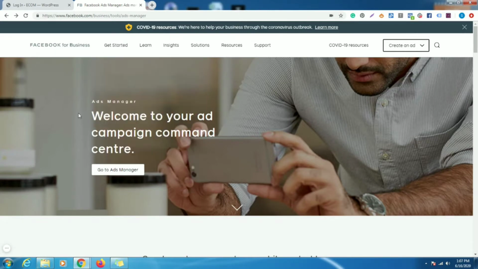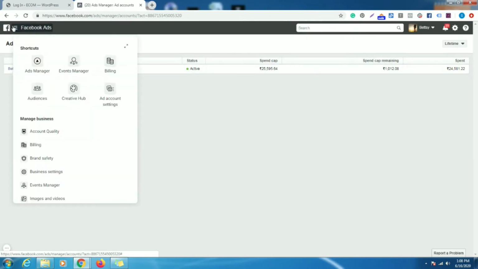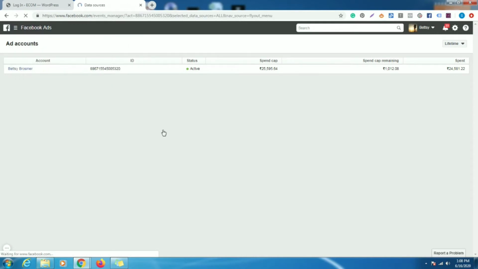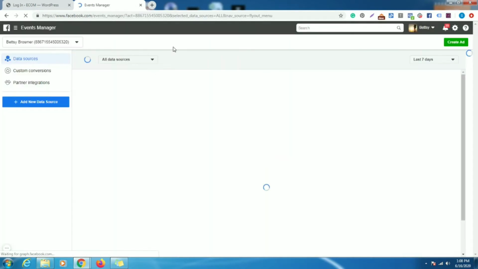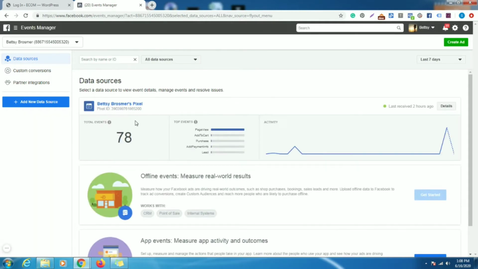To add the pixel to an e-commerce site, we will go to the Ads Manager first. So here I am in the Facebook Ads panel. Now click here and go to Event Manager. Now all the data sources are available here.